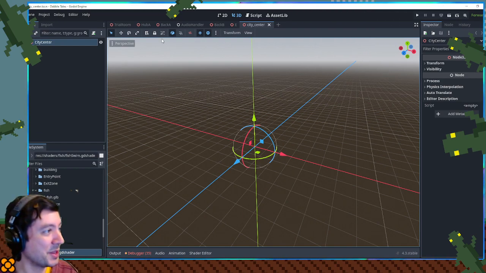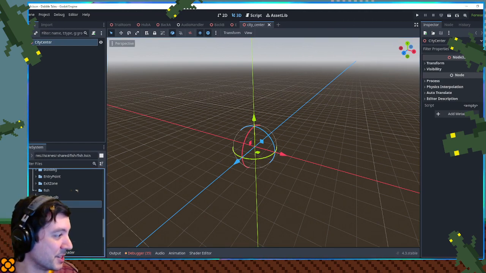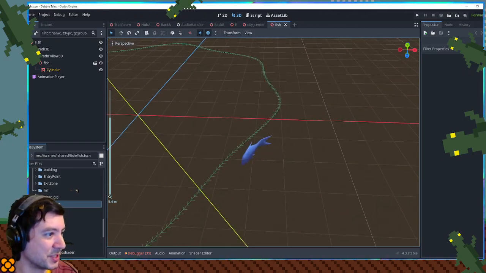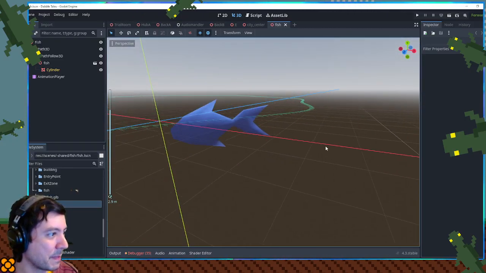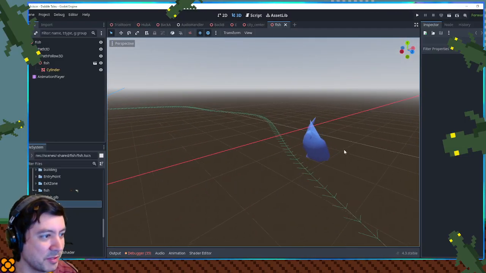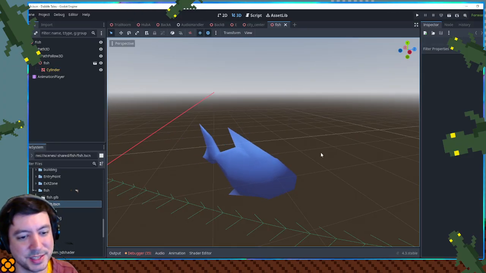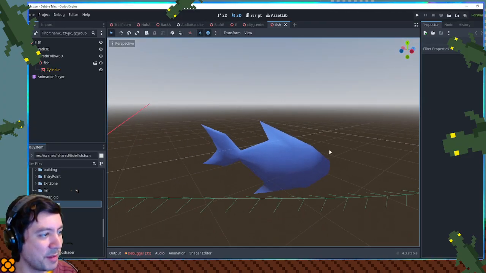A fish shader. You know what? You gotta see our fish shader. Look at this. Hang on, where's our fish? Where's the actual fish in this fish? Look at this lovely animation here. That's a shader doing that. I'm quite proud of this